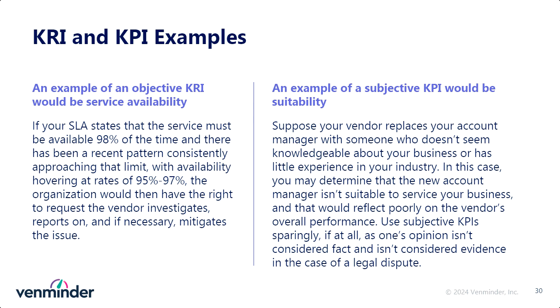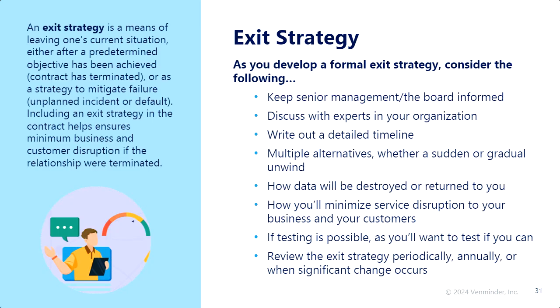So here we are at the end of the contract where we either need to or want to exit the relationship. An exit strategy just means that you're leaving the current situation, and whether you determine that up front or something happened that's causing you to leave it as an unplanned incident or default situation, whatever the case may be, this is where you need to work through a strategy to ensure that you are exiting the vendor, the third party, appropriately and taking everything into consideration. You're going to take things like